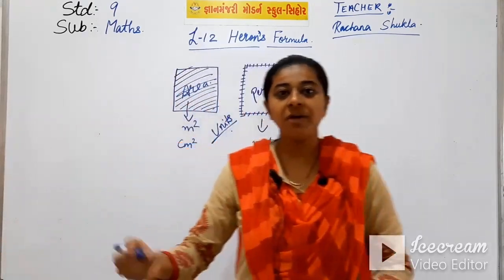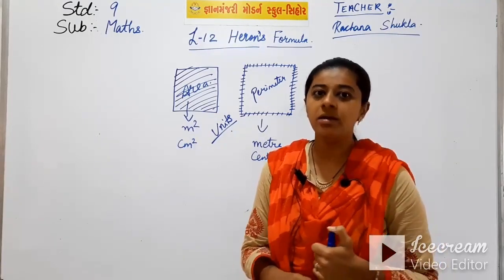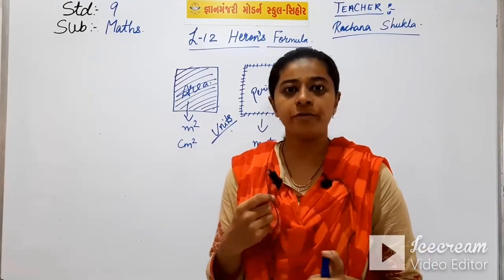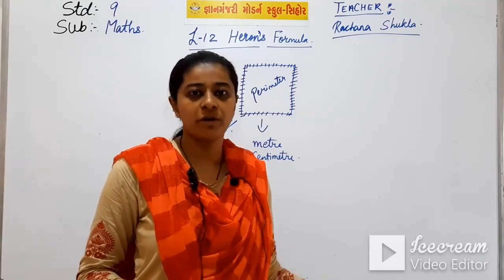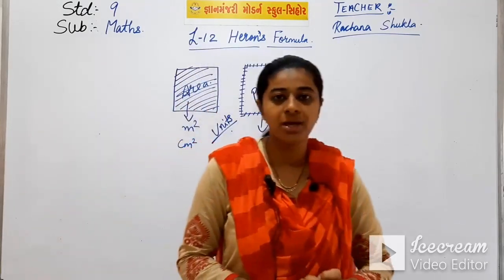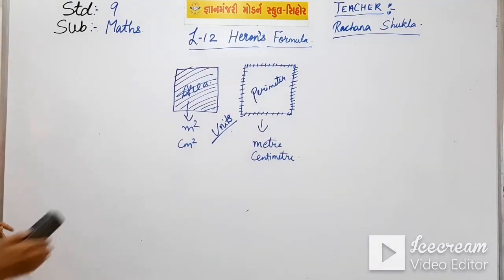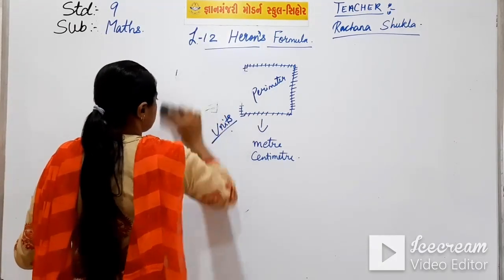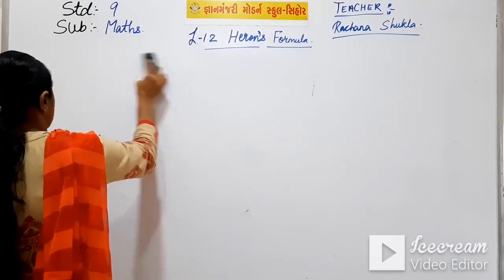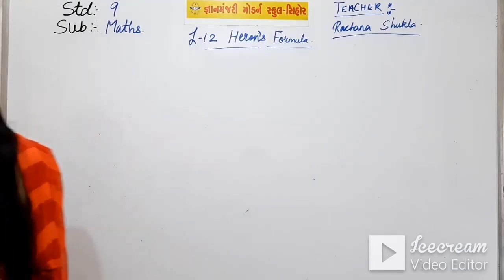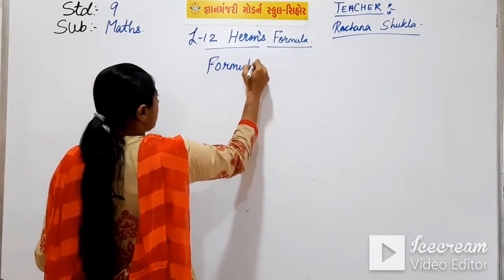Now we will revise our previous standard formulas which you have studied in 8th standard. So you have to make a note of those formulas which I am writing on the board, and this is a quick revision of the formulas. So please note down the formulas from the board. I am writing it on the board. These formulas, students, will be very useful to you in your 9th standard.